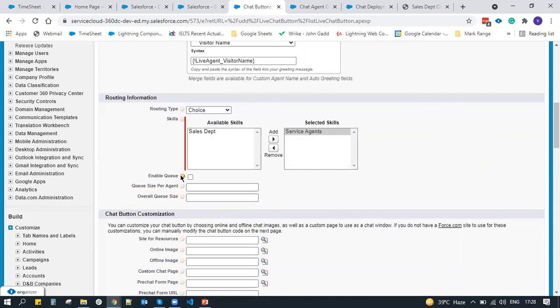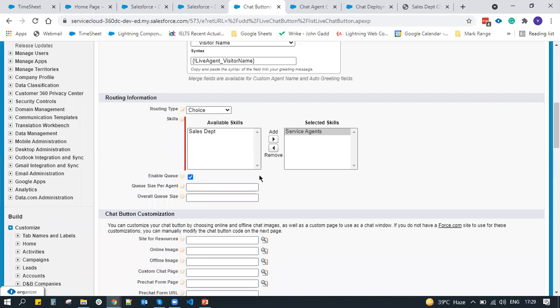Enable queue: what is it? It doesn't mean that if you enable queue, queue support is there with the live agent. No, it doesn't mean that. Enabling queue means an agent can receive multiple chats at a time. It is not required that only one customer chats with an agent at a time.